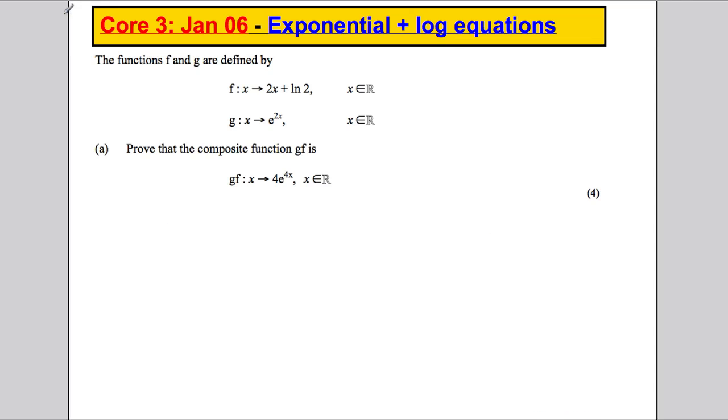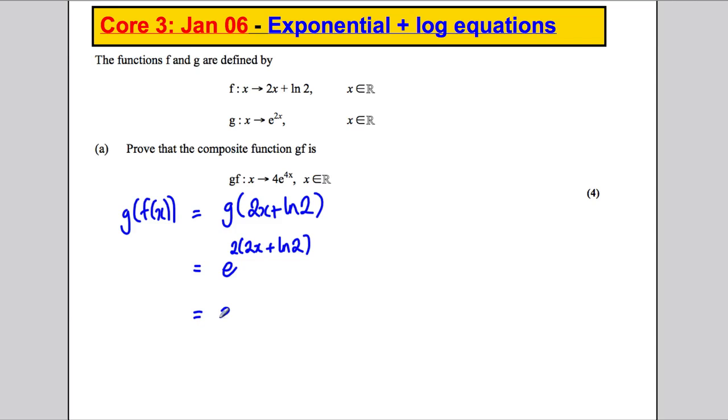Okay, going through bit by bit, f and g are defined as follows. Prove that the composite function gf is as follows. Remember what gf is. gf means work out f of x and then put it into g. So what we're working out is g of 2x plus ln 2, because that's what f of x is. So what we're working out is e to the power of 2x plus ln 2. Instead of x, we're putting in 2x plus ln 2,